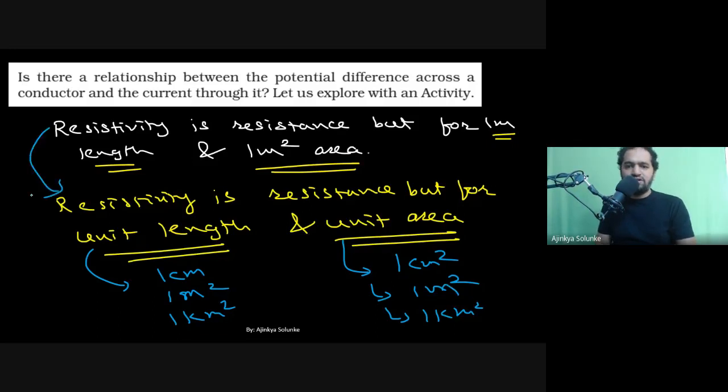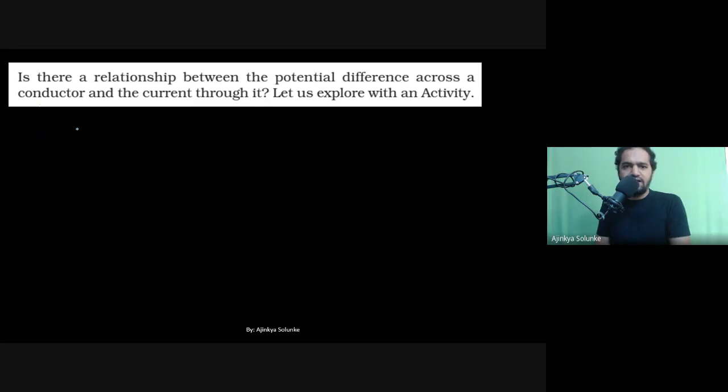Have you understood the changes which I have made? The second definition: in the exam, you have to use this second definition. Resistivity is resistance, but for unit length and unit area. Agreed? Let me know in the chat section whether you have understood what changes I have made to our original definition, the problem it had, and the reason why we changed it. Fine. Now let's talk about one of the factors which is remaining. Let us talk about resistivity first. Let us complete this topic and then we'll go for the next point.